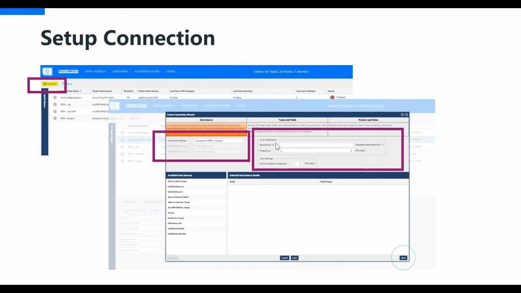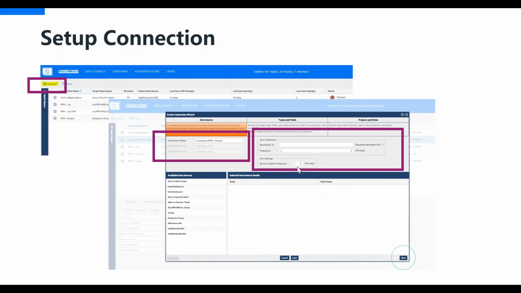On the right hand side, there is an error notification, so when the sync happens, if there is any error or something, you can set up this notification to send it to some admin person, and the frequency for that notification. And here is the important setting called sync setting, using which you are describing how frequently you want to sync the data between these two products.